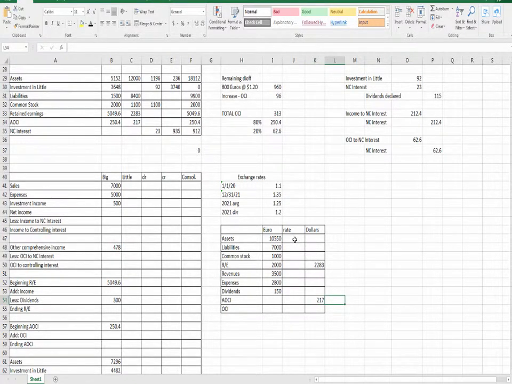Okay, so let's go ahead and convert the rest of these. And again, for translations, it's fairly straightforward. For our assets and liabilities, we're going to use the end-of-year exchange rate. For our paid-in capital, we're going to use the exchange rate from the date of acquisition, January 1st, 2020. That was $1.10. Retained earnings, again, we no longer have a single exchange rate that translates that. We carry forward the dollar amount. Revenues, we have the average rate of $1.25. And dividends, the dividend date rate of $1.20. So converting these things to dollars,